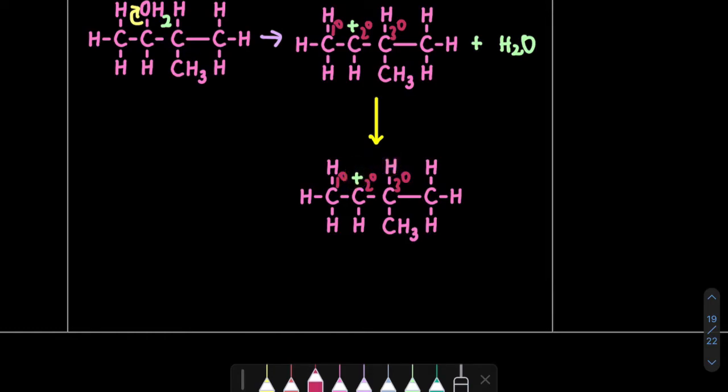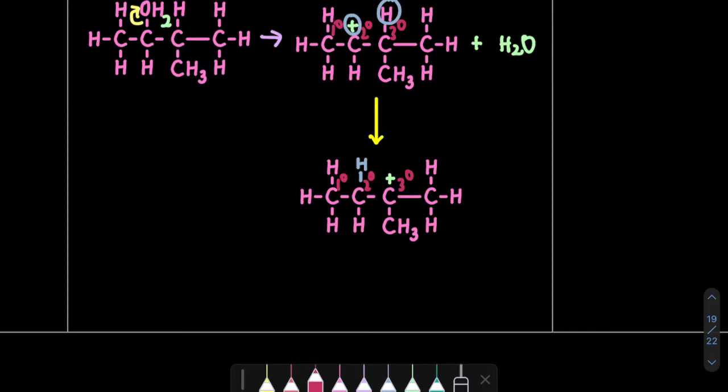Here, what I'm going to do is circle the positive charge and the hydrogen, and we will shift the position. So what happens next? Let's see. Here is my positive charge, here is my hydrogen. The position has shifted. And then when we check the classification, this one is still primary, this one is secondary,